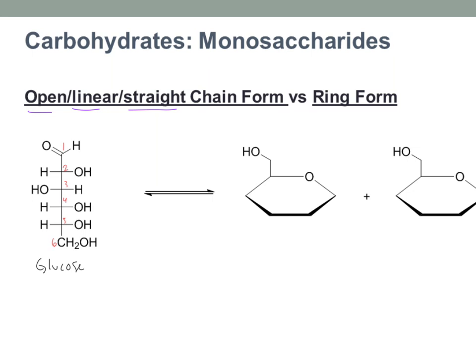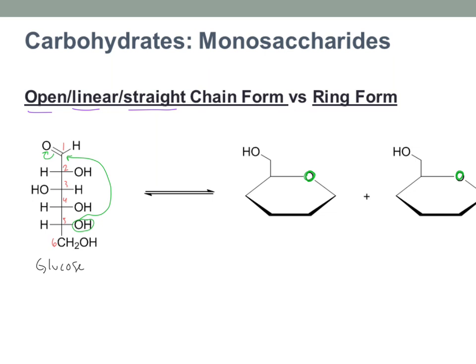And now what happens with glucose, for example, is that the OH here on carbon number 5 actually attacks carbon number 1 to make a new bond. So this long chain sort of wraps around to make a ring. It's sort of like taking a long piece of rope and looping it around and tying it so that your rope is now circular. And when you do that, I'll highlight this in green. That's this O right here in these rings, where the O in these rings is from carbon number 5.